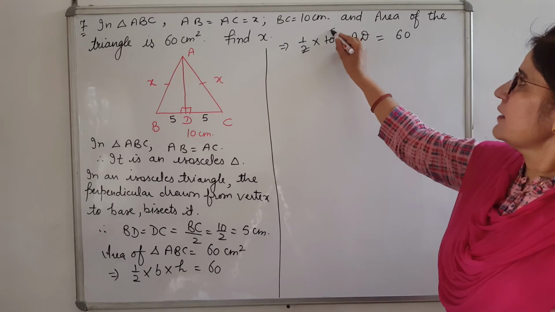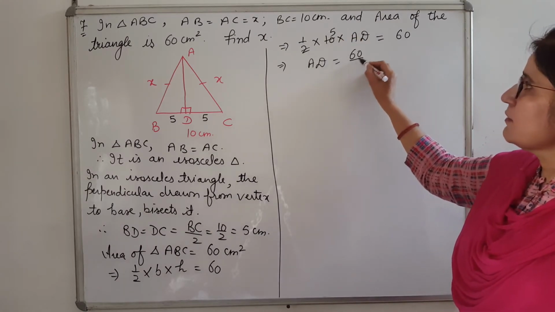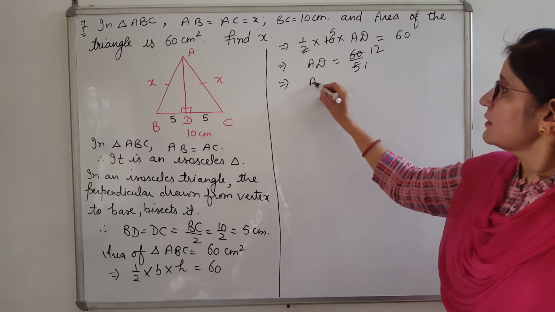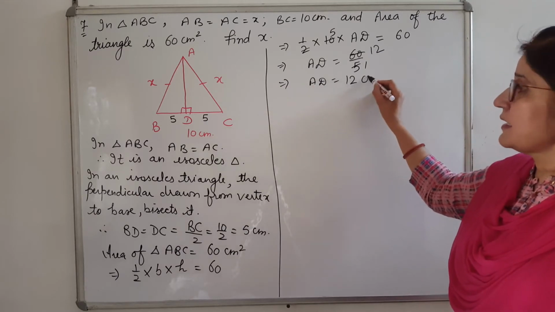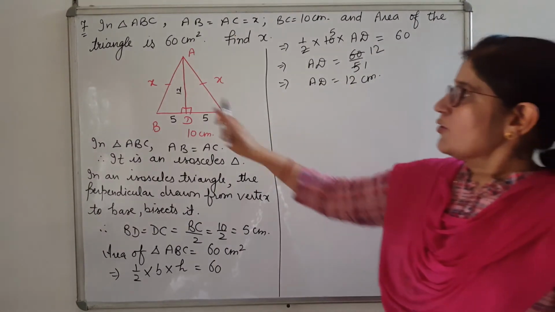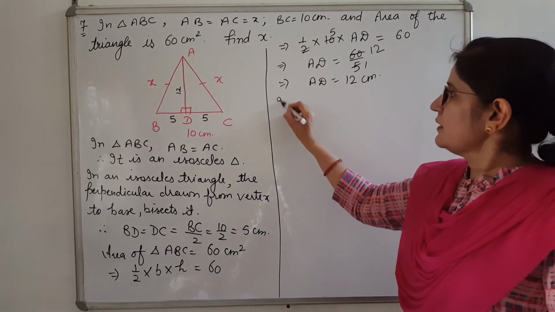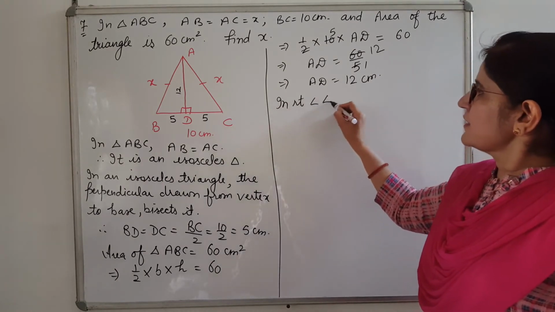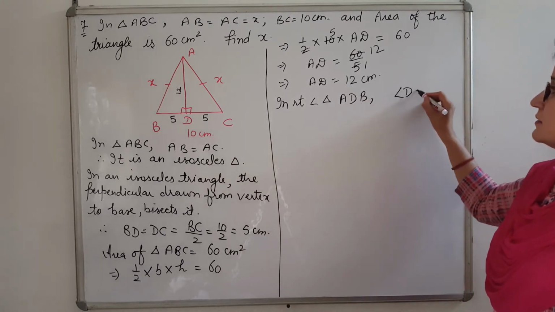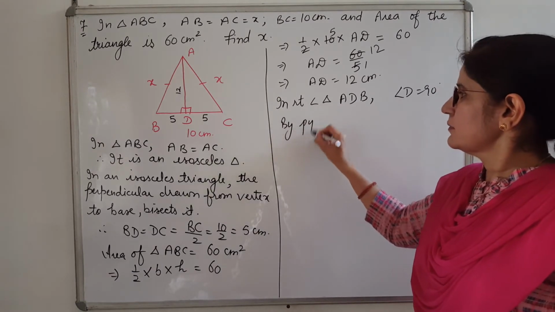2 5s are 10. Now, what will be AD? AD equals 60 over 5. We reduce and the value of AD is 12 centimeter. Now you can take any right angle triangle and apply Pythagoras theorem. In right angle triangle ADB, angle D is 90, given. So by Pythagoras theorem,